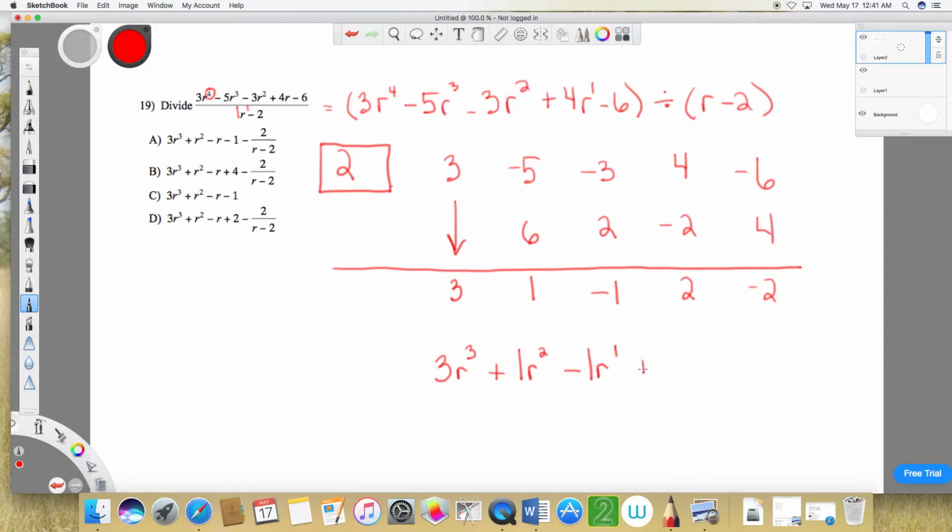Then minus, and again, you can put the 1 there if you want. Then plus 2. And then minus, and here we want to write this as a fraction, and our denominator is always this divisor, this original denominator, r minus 2. So that's what we get when we divide this. Is that among our choices? And there it is, the last one there,